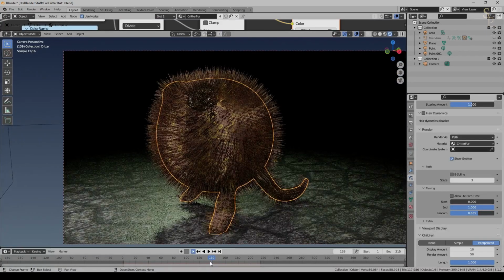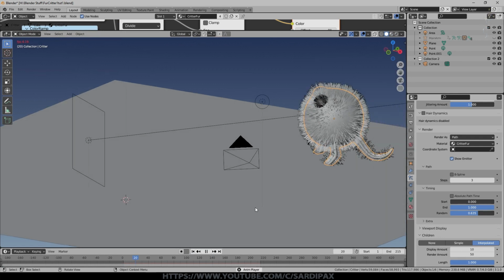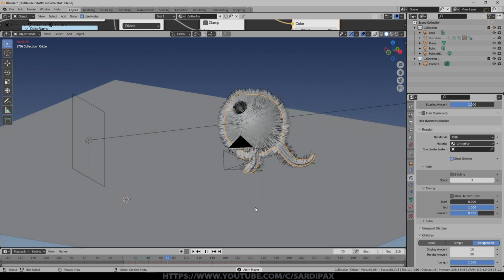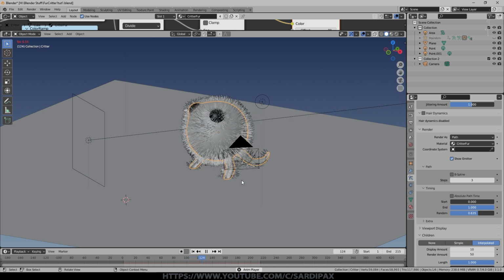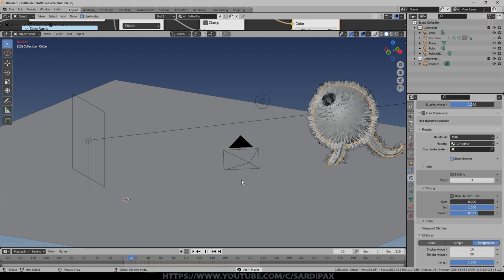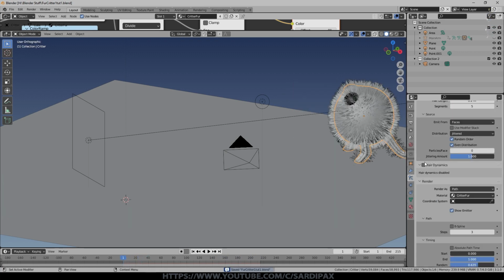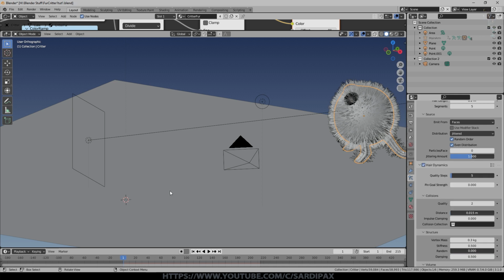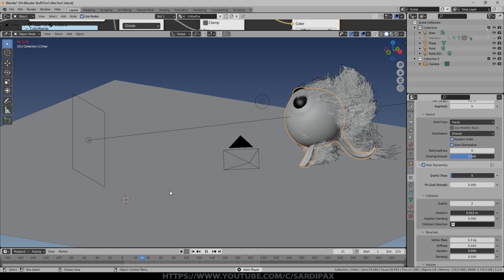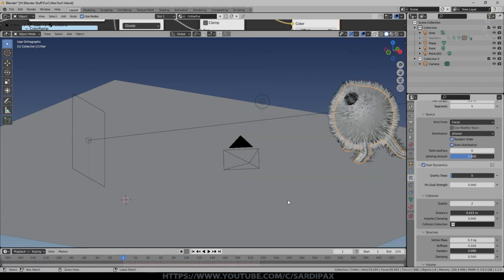Okay, so the next thing is we'll come out of preview mode and we'll have a look at what we've got here. So you'll notice the hair is not behaving like hair, or he's got an awful lot of hair gel on because it's not moving at all. To achieve that, we need to turn on hair dynamic. So I'm going to turn that on here, and I'm not going to change anything, and we'll just see what happens. And initially it's gone berserk, as you can see, so that's obviously not what we want.